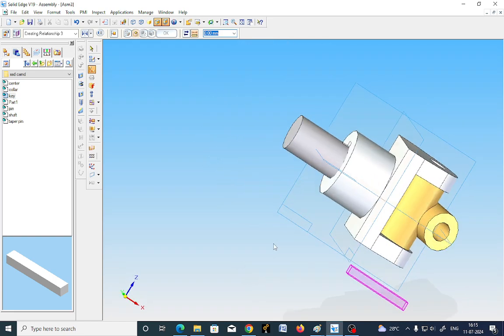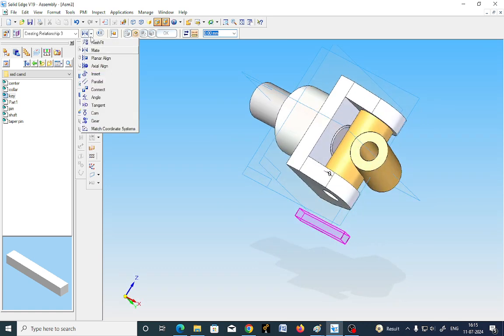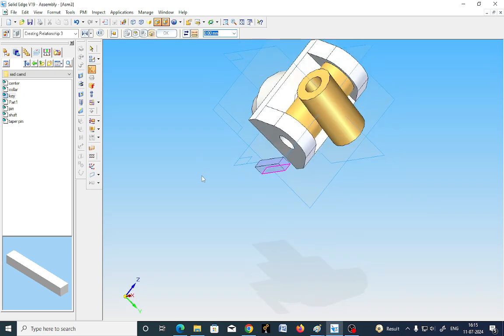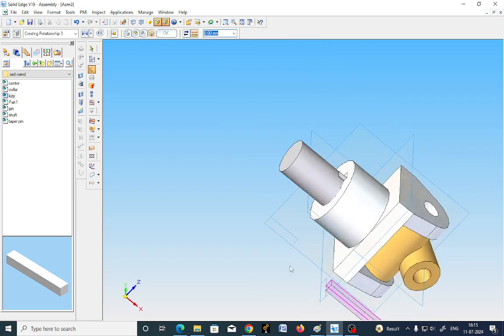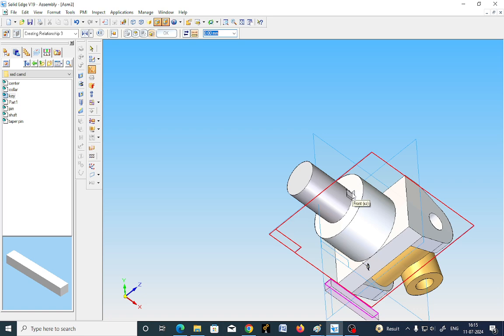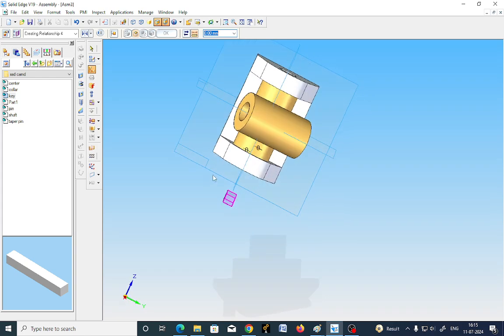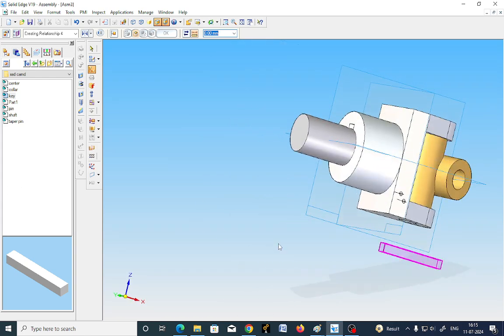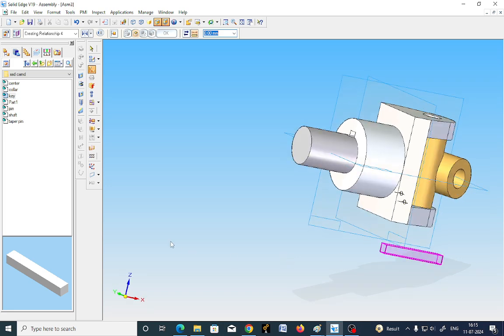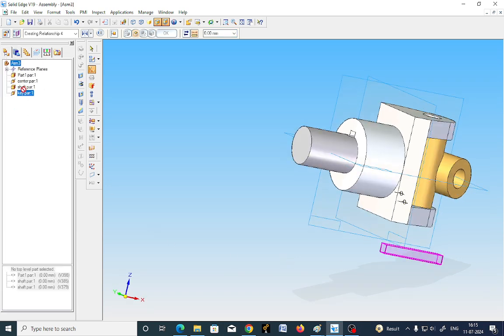Now whether it is correct. Now bottom surface of this key has to, let us see what will happen. Now, right. Again already the more constraints kottidiri. Okay, so still it is not completely constrained. Okay. What I'll do, if you just click over here, it's going to give the constraints you used to assemble